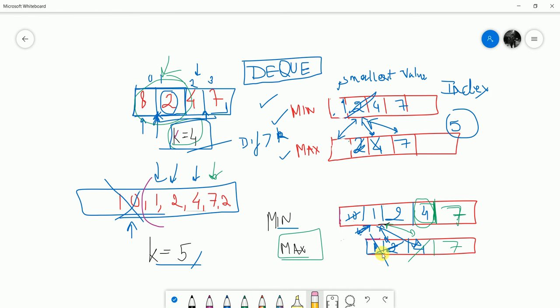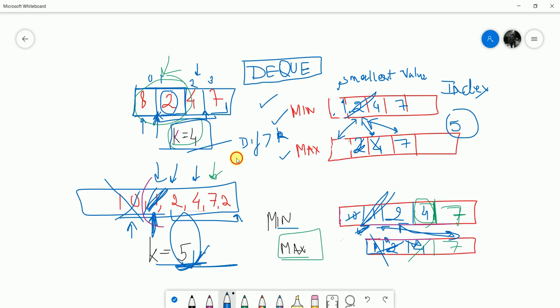Now let me clear this. Simply now we will compare 1 and 7. The difference is 6, which is greater than 5. And now, like I said, the smaller index has to be popped off, so 1 is popped off in this case. Here I pop off 1 from the minimum DQ. Then we can see that 2 and 7 belong to the same range. 7 minus 2 gives us 5, so they can be included in the same subarray.